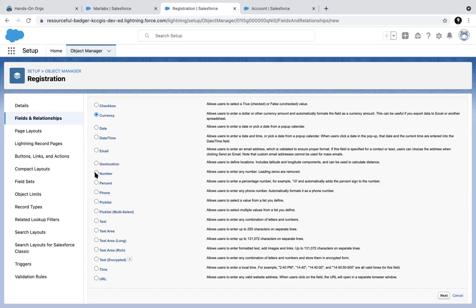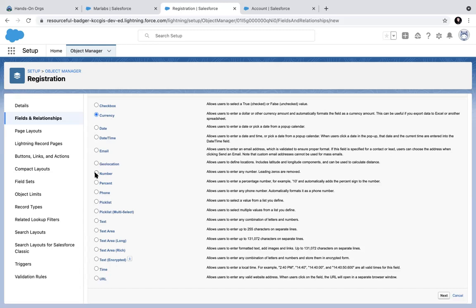When I need an amount, I am asking users to put some numbers there. They should not put any alpha characters there, right? So that data validation benefit we get if we move away from text field to a number or a currency field. But what is the difference between a number and a currency field?